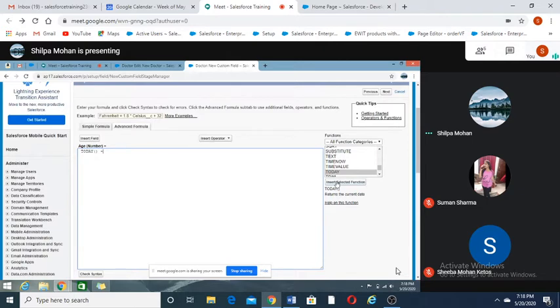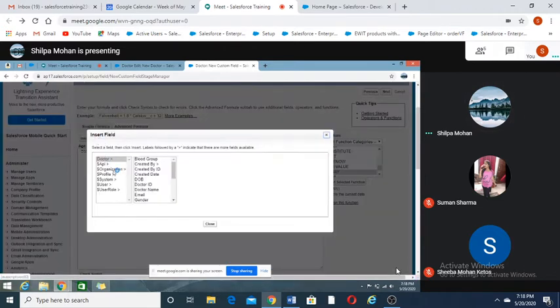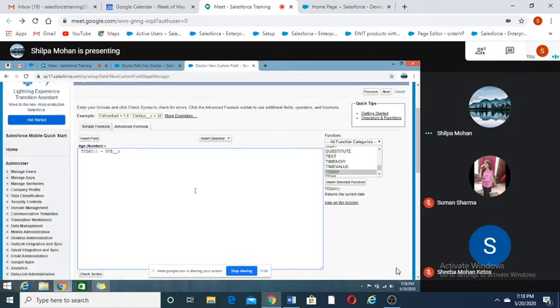If we want to calculate the age, the formula will be today minus the date of birth. So the date of birth field I need to select. Click on insert field, select the DOB, insert.